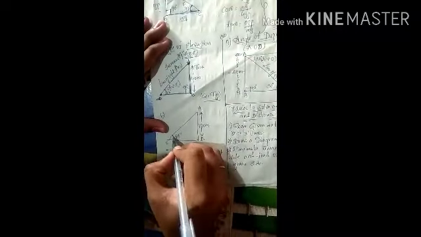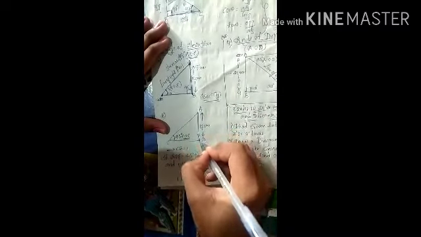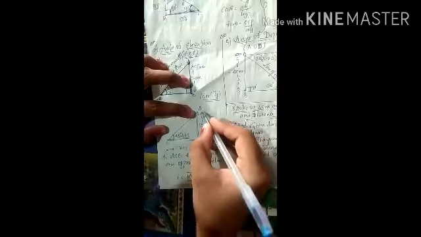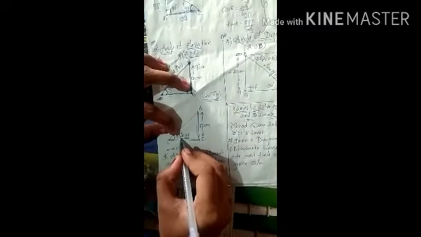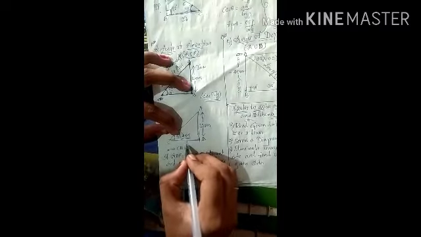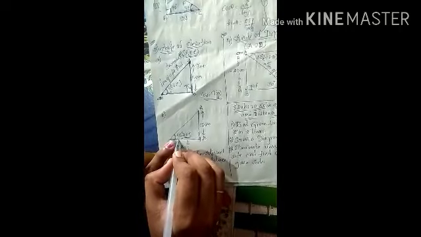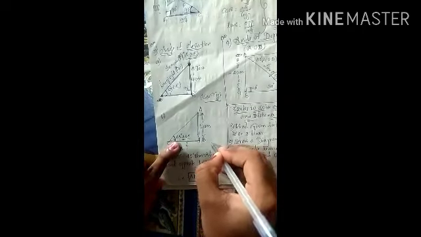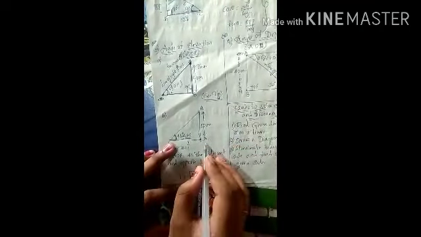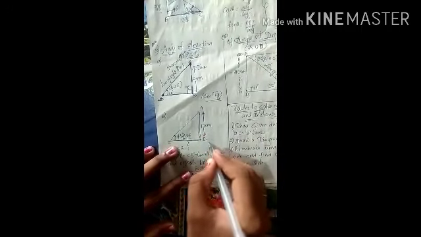Next, in this angle of elevation, one hint is there. Suppose they give this angle of elevation as 45 degrees, and they give the tower height. They gave the tower height as 120 meters and the angle of elevation as 45 degrees. Then they ask, what is this BC side? When they ask this BC side, only when there is 45 degrees, listen carefully. When they give 45 degrees as our angle of elevation, whatever the AB side is, that we can take as the BC side. Both the adjacent side and opposite side will be the same. Here AB is 120 meters. Again, no need to calculate BC, because whatever AB is, BC will also be that only.